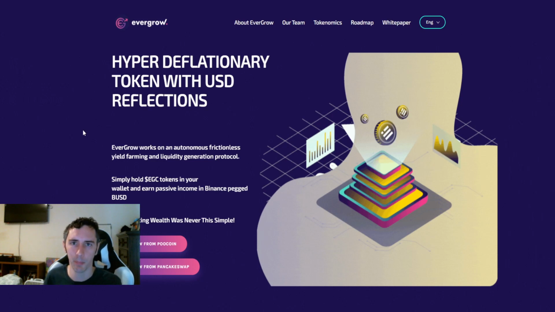So you earn this in BUSD, which is absolutely awesome to see as an alternative. The other thing is that the transaction fee in order to get in with EverGrow is a little bit higher by comparison. The people in the community that have already been proactively inside of this so far are saying that they've been getting really nice rewards.